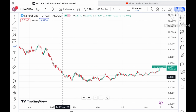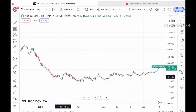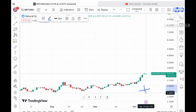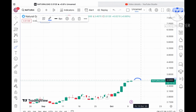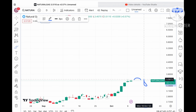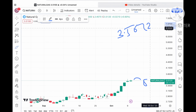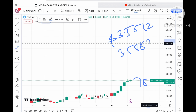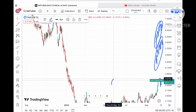Look at this particular chart. It is trading at a level of $3.5110, and it is trying to form a doji candle at this level. If you look at the chart, two candles are similar, and chances can be high that if the price sustains this level, around 3.5120, it can move towards its next resistance at a level of $3.5672. If the price moves above that level, it can touch a level of 3.5882, and once the price sustains above these two levels, we can see it go further upside, and then it can cross a level of around